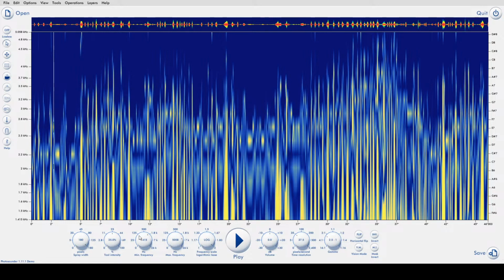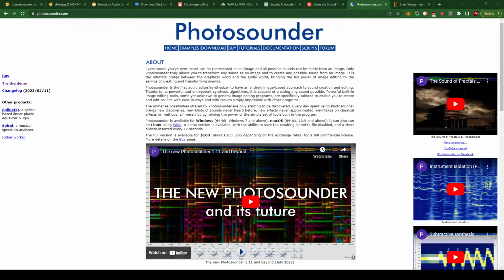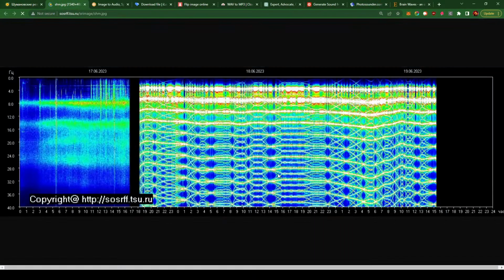Well, let me give you a quick intro here. The actual image looks like this, right? And it's reversed. So normally high frequencies are at the top, low frequencies are at the bottom. In this one, it's reversed. Here, the low frequencies are at the bottom. So first I flipped it, and then